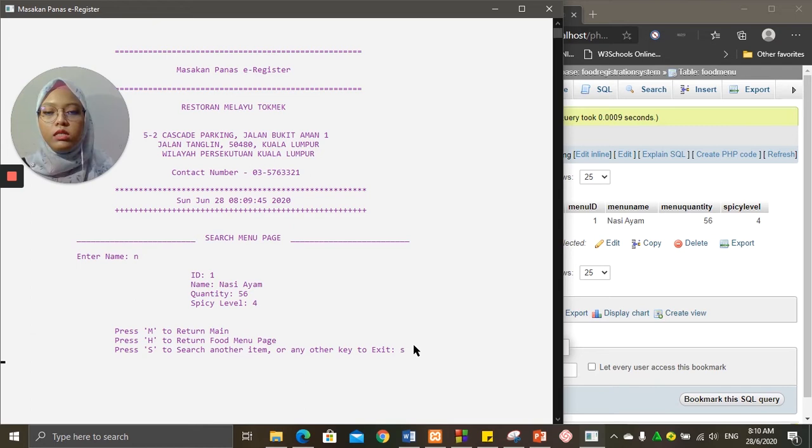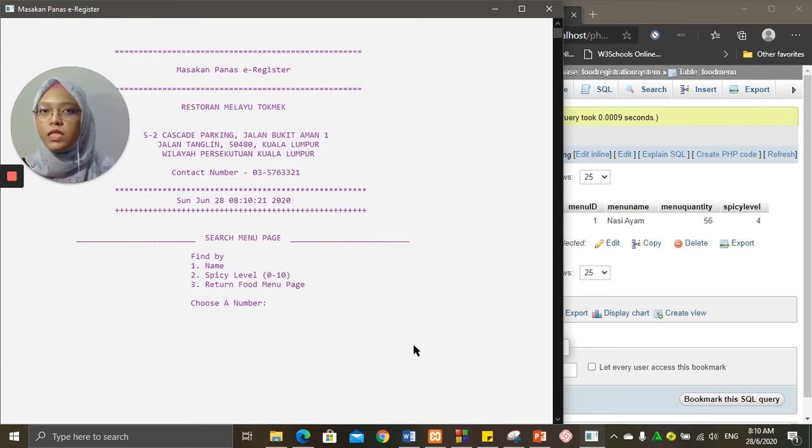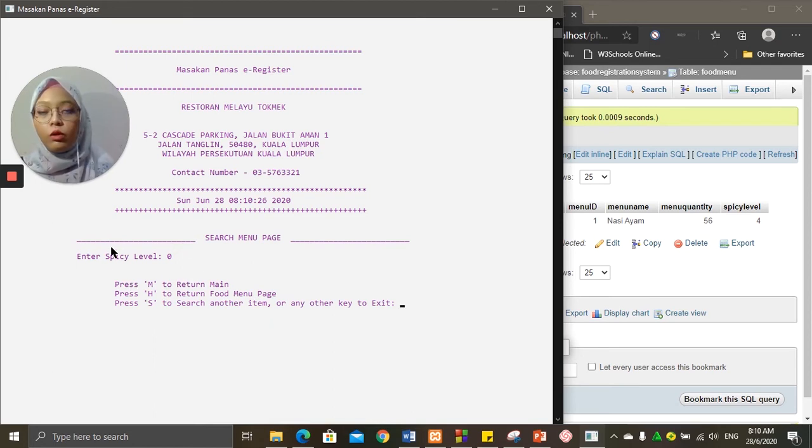Press S to find by spicy level this time. For spicy level, I can show you what if the user enters 0, which is not in the database. The spicy level available in the database is number 4. It will output nothing for your search menu.